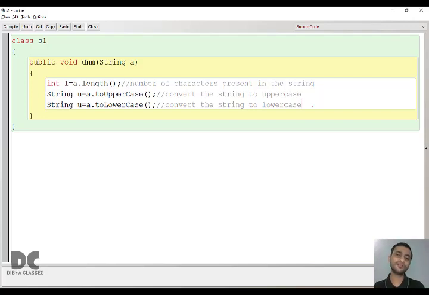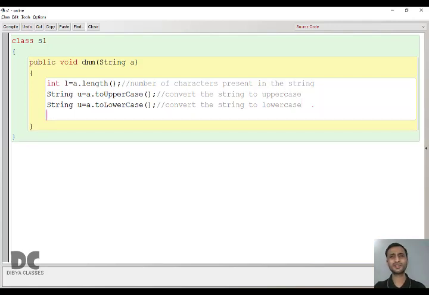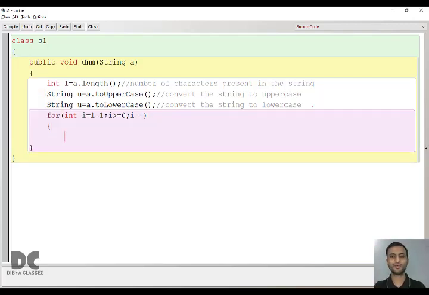Those were the easiest of the 5. And now we'll do the reverse of the string, and the second one is the number of words present in the string. So first let us do the reverse of the string. For int i equal to L minus 1, that is the last position. Reverse means we'll start from the back, so therefore I have taken L minus 1, the last location. And this will continue till 0, 0 is the first location. So we are going backwards, i minus minus. What we'll do? We'll extract the character.